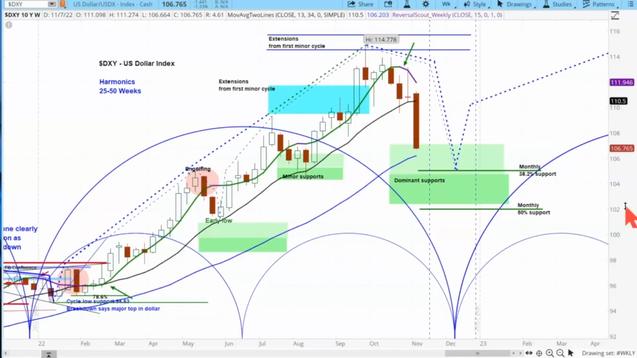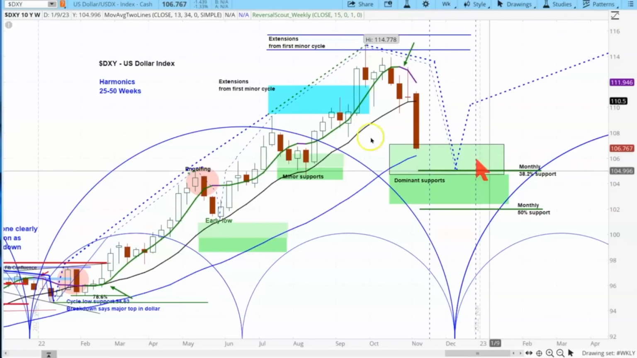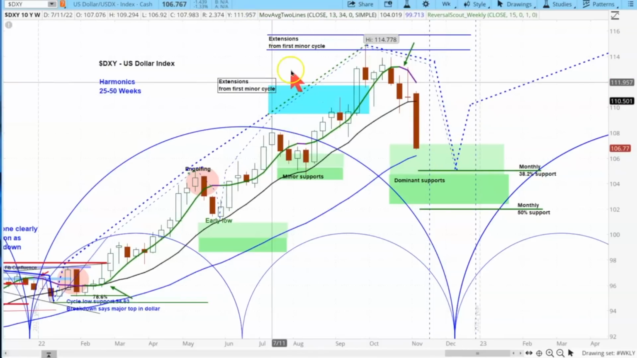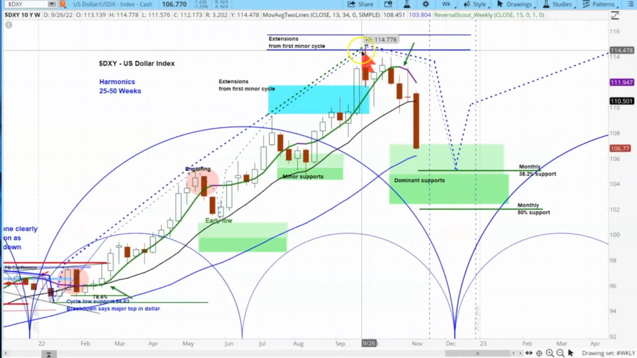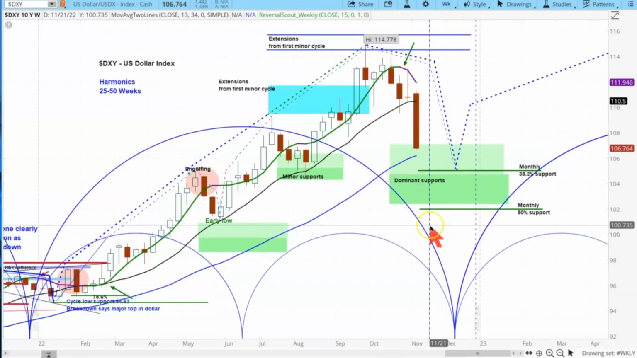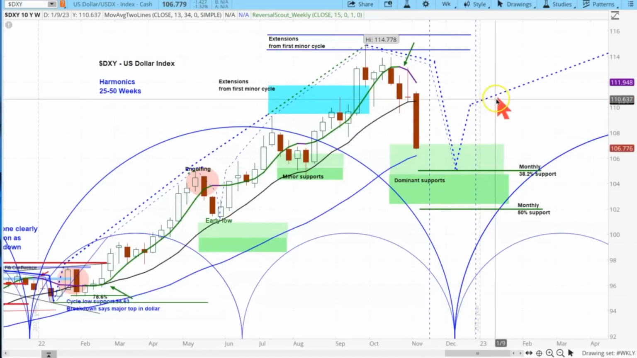So the cycle analysis told us that it was going to make a peak and then come down in here. These extensions up here gave us levels to where it was likely to find resistance, and it did. And now we're showing the supports in here and the timing sometime between here of the end of November and the end of December as the time period when the trough will form, and then the next rally out over